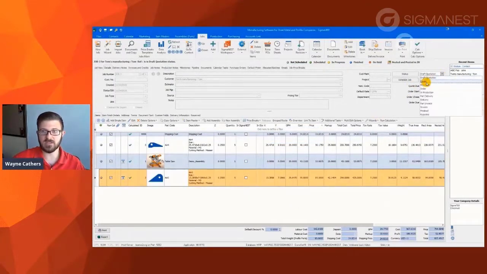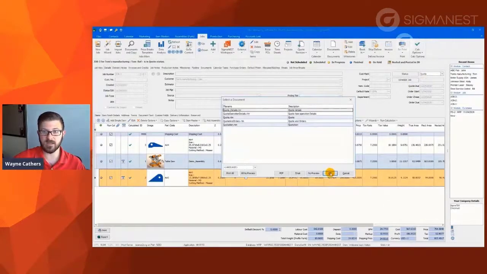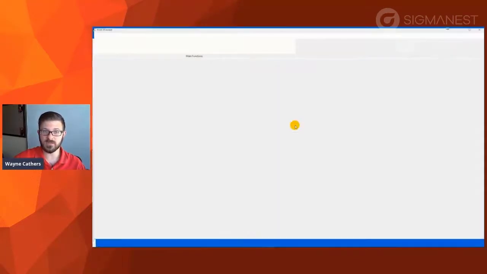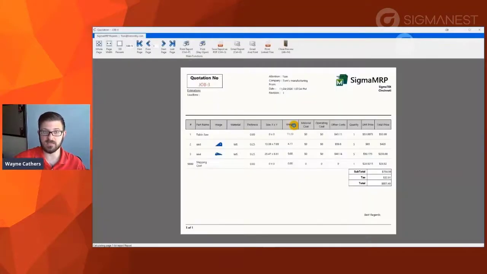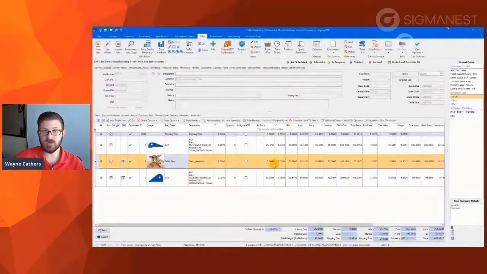So from here, I'll change the job status to quote. So this is me sending the quote out to my customer. I can then print a report, and these reports are highly customizable. I can print, I can email directly to the customer, I can save as PDFs. Now, when the customer reaches back out to me and accepts the order and is ready to place the order,